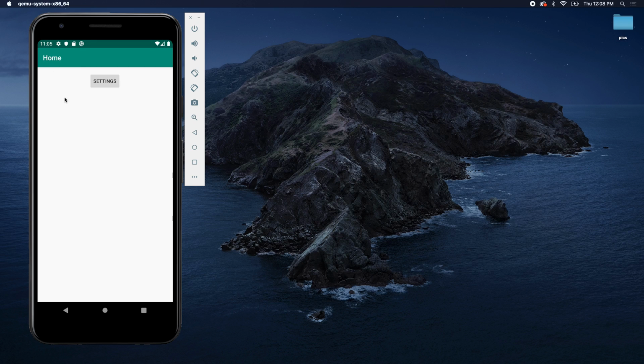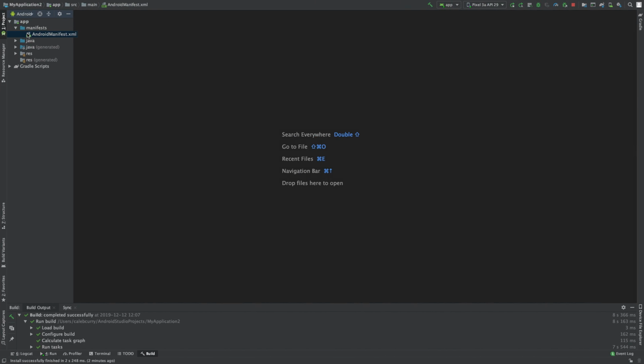It's actually really simple to set up, and you can think about this as this home page being the parent, and when you click this settings, this is a child activity. And then we just say, hey, we want to label this as the parent, and then the arrow just automatically appears. So it's actually really simple, and the way you do this is you go into your Android manifest inside